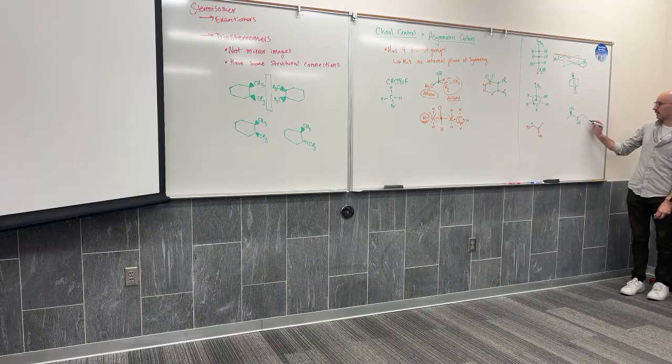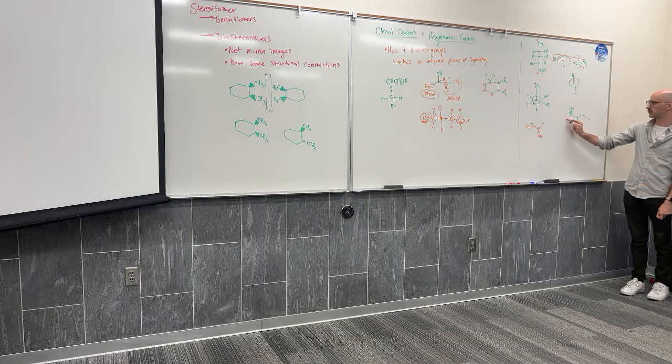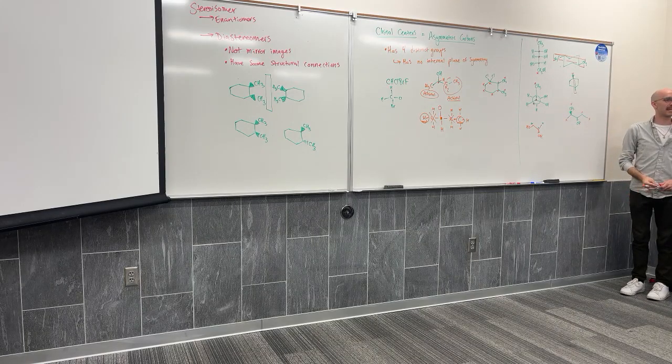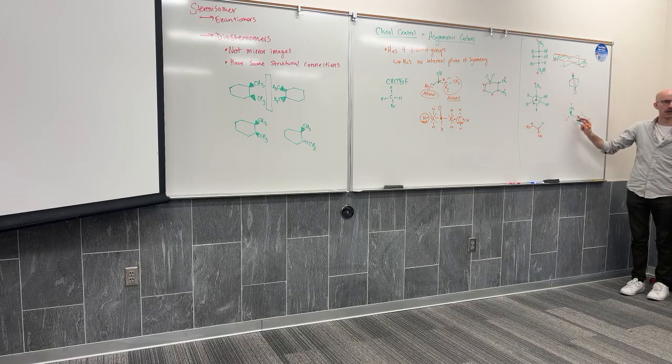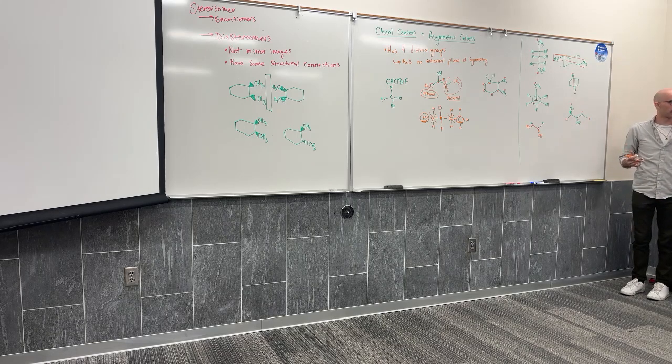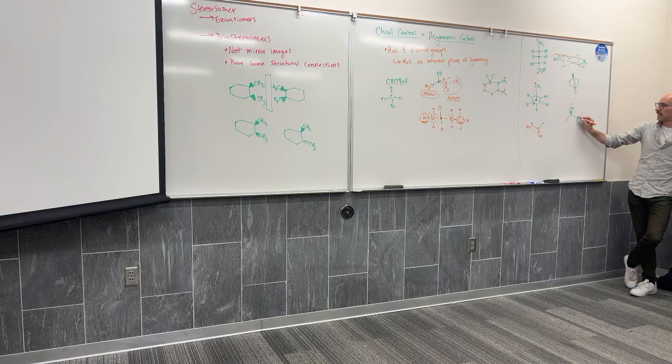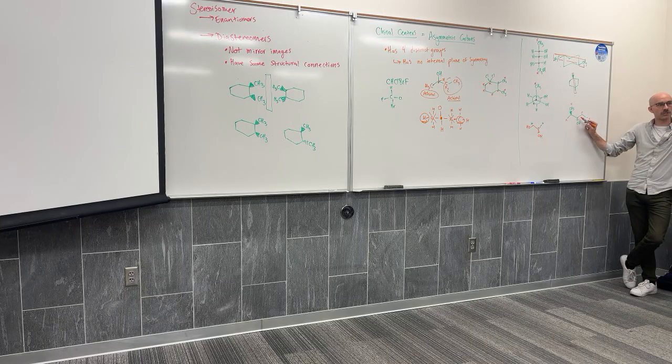We can agree that none of the methyl groups are chiral. We can agree that the CH2 group is achiral. So my attention is drawn to these 2 carbons that have the stereochemistry, the wedge and the dash. Is this carbon bonded to 4 distinct groups? It's got OH, H, CH2, CH. That's 4 distinct groups. That's a chiral center.